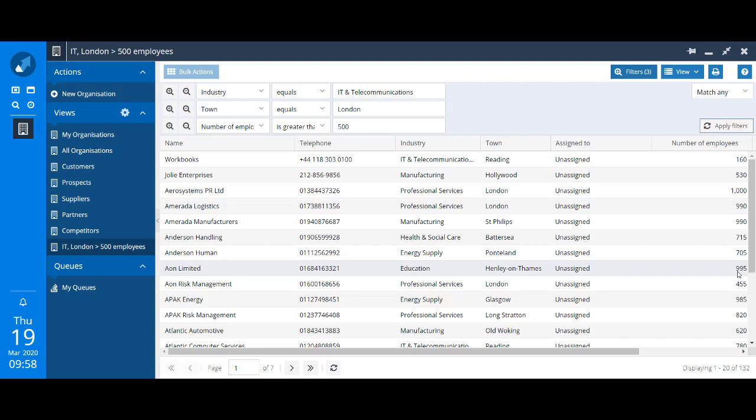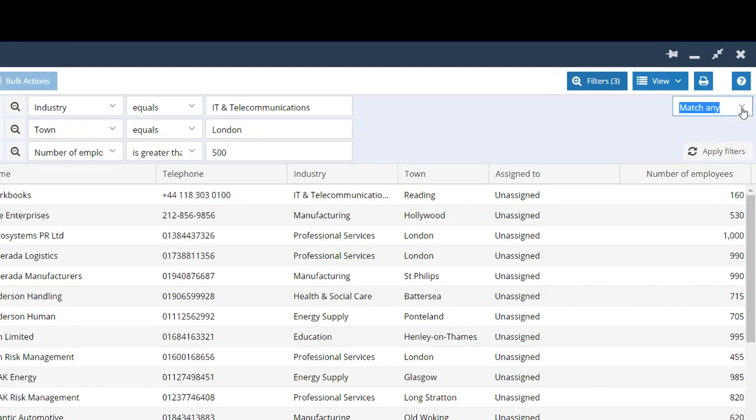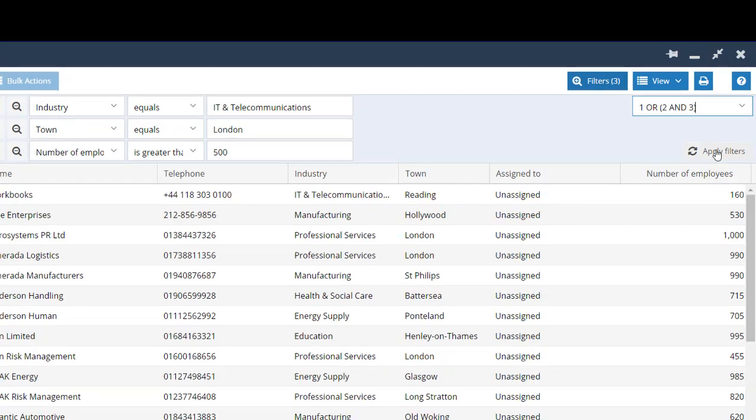There's also a custom option you can use when applying the filters. Imagine that you want to find all the organisations in the IT and telecoms sector, but don't care where they are or how many people they employ, but you also want to see organisations in London who employ more than 500 people. You can use the filter settings here to choose custom, and in that scenario you would say that you wanted to see rows 1 or 2 and 3, and you've got to be careful to include your brackets, but then I could apply that,